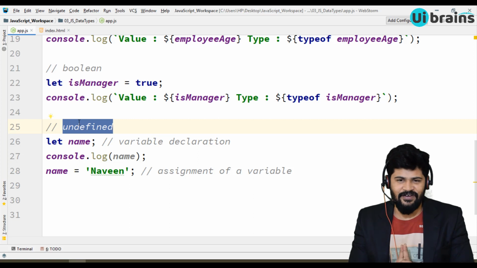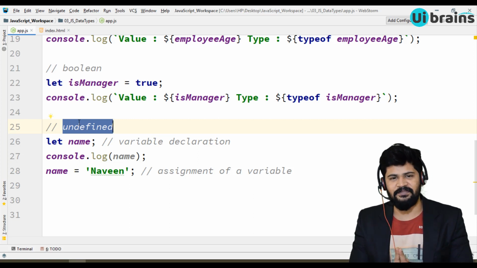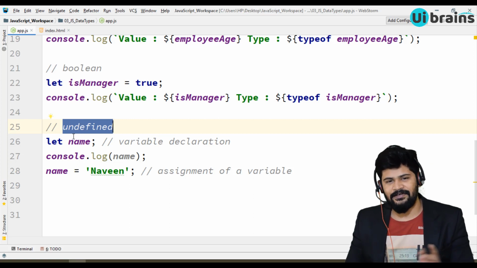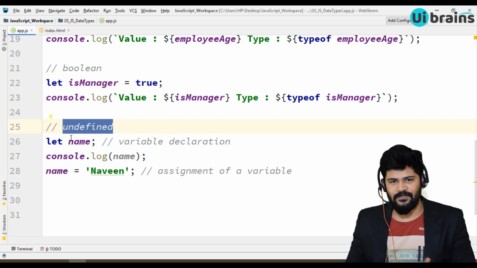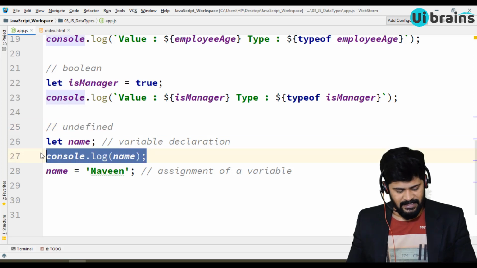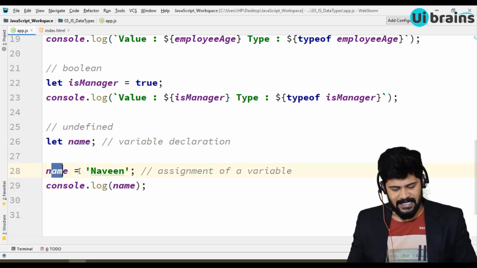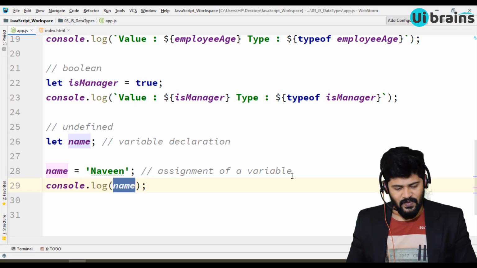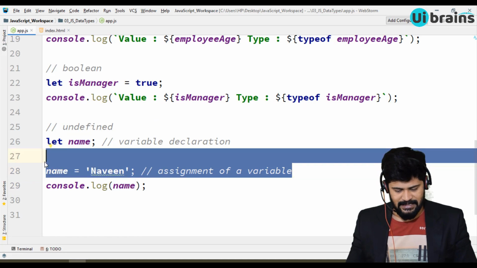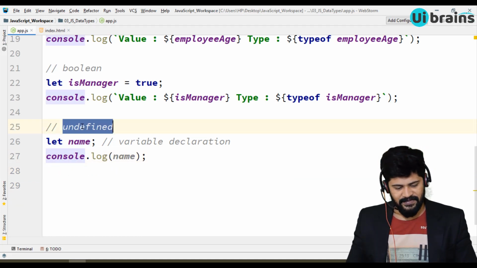So what does undefined mean? Undefined is the default value for a variable which has not been assigned. For any variable to which you have not assigned a value, the default value is going to be undefined in JavaScript. If you assign some value, then from then onwards it is going to be the value assigned to it. If I write console.log after this, it is declared. At this line number it is undefined, but at this line number it is Naveen. You get the answer Naveen. Now let me delete this statement.